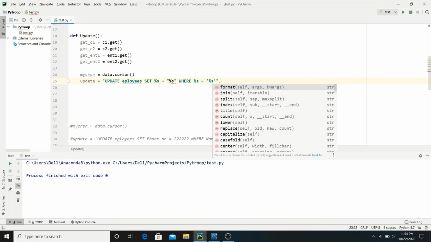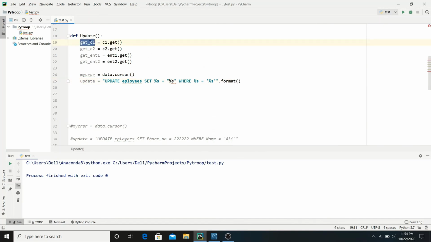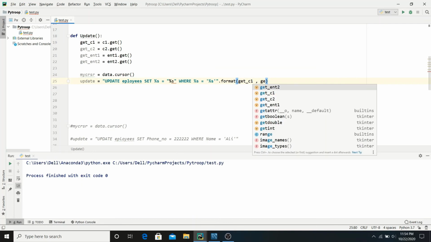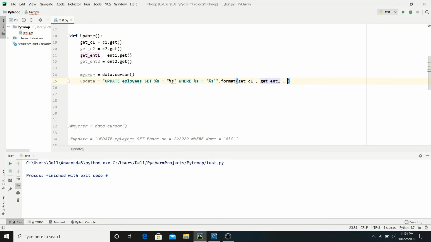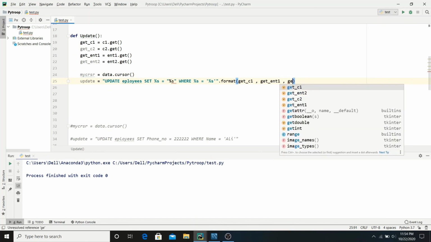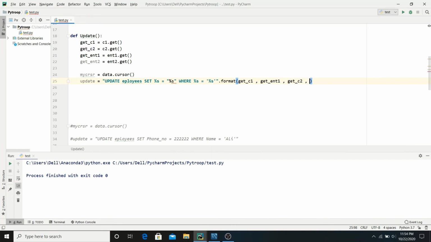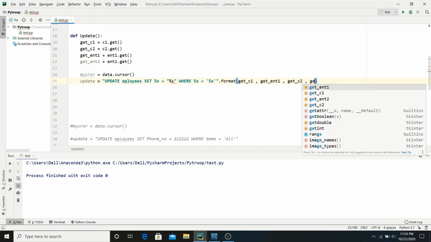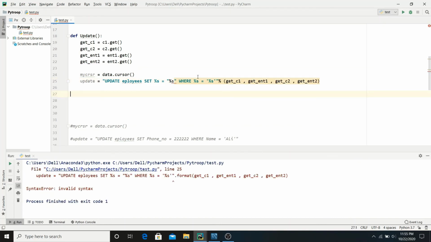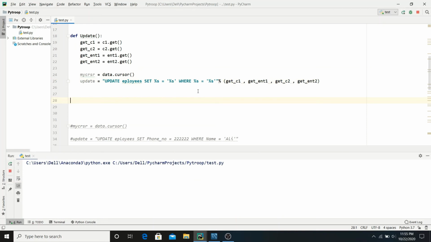So dot format, and now we have to write these values like get c1, comma get ent1, comma get c2, comma get ent2. Okay, so I used double inverted commas here. Use single inverted commas, otherwise you get the error, and instead of format you have to use a percentage sign.